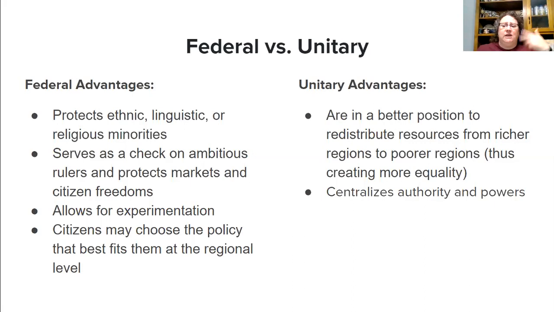The fact that some states are getting to experiment, and we can learn from them. So whenever Virginia decides that they want to legalize marijuana, we can see what Colorado did right, what they did wrong, and we can take all those things into consideration. The other thing is, and I mentioned this so many times when we talk about federalism, what's good for California is not necessarily what's good for Virginia.